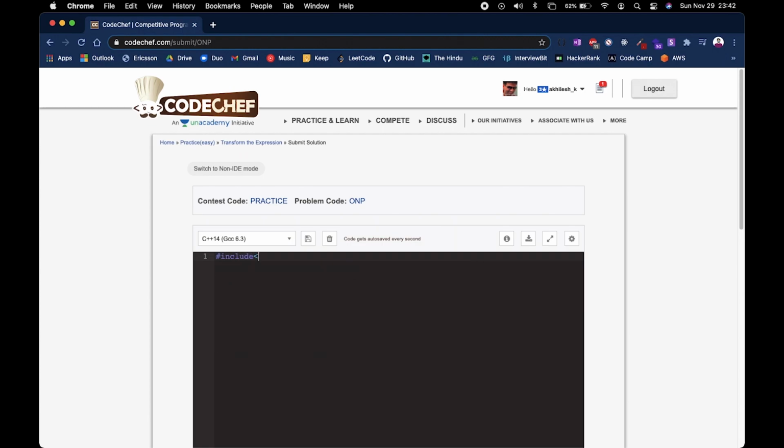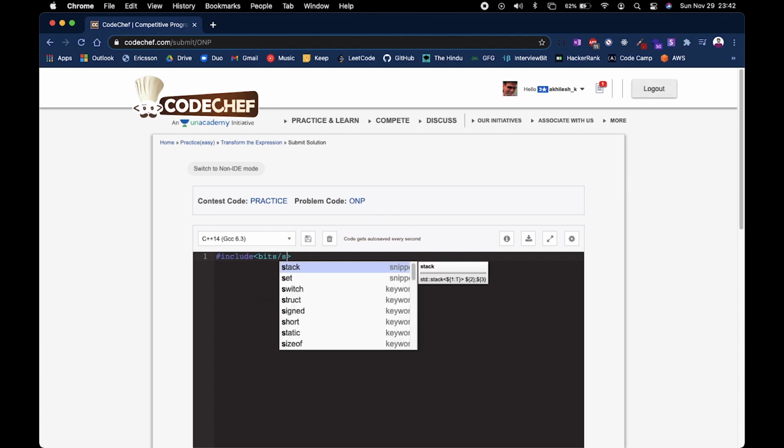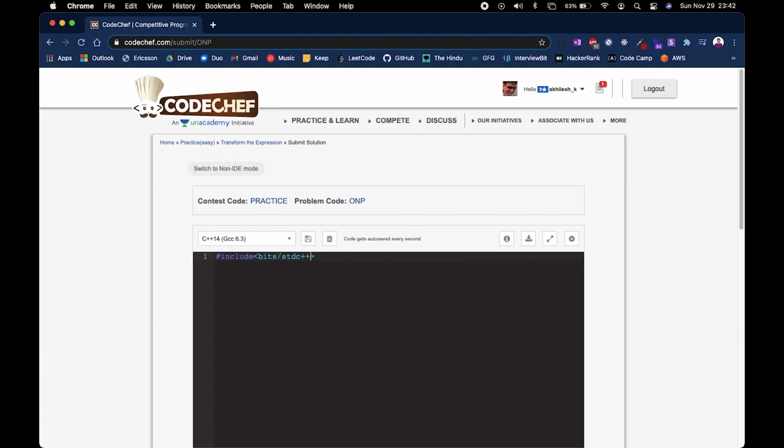So #include <bits/stdc++.h>. If you have just begun coding, it's better to use this library. We can get all the STL functions and everything that can make our coding easier. But also make sure that before using the standard C++ template library, you are well versed with the concepts of templates or other functions that you get directly here. Like you should know how to sort things, how to search between things. That is what I wanted to say.